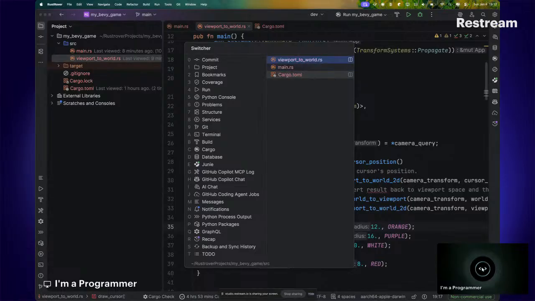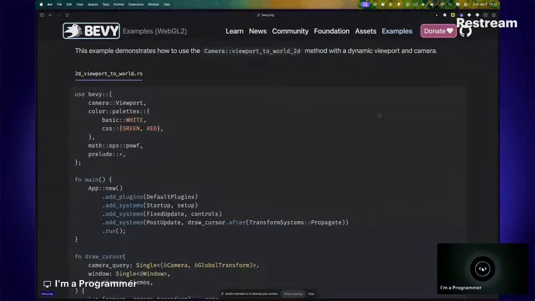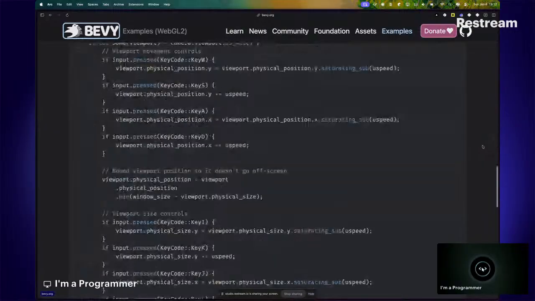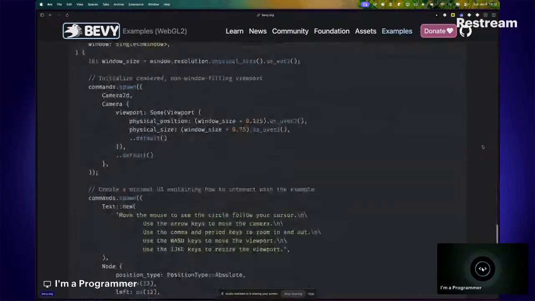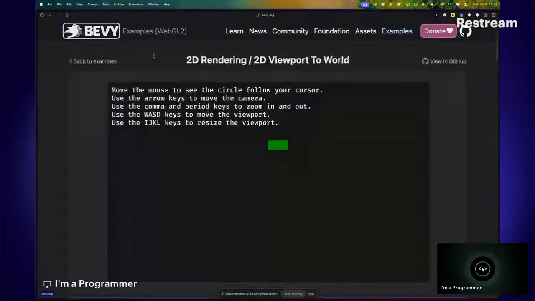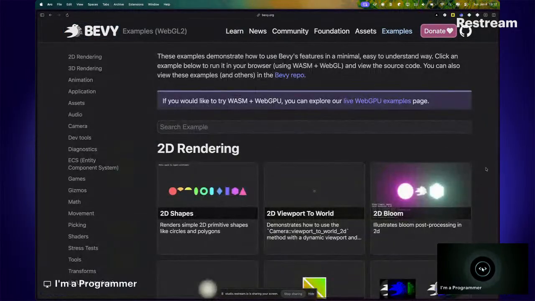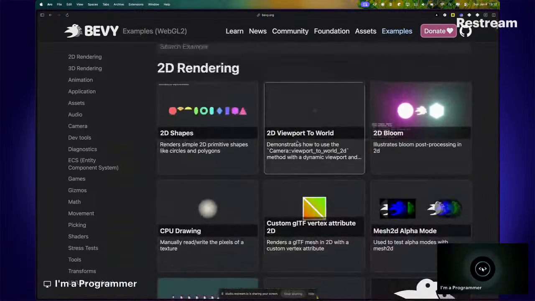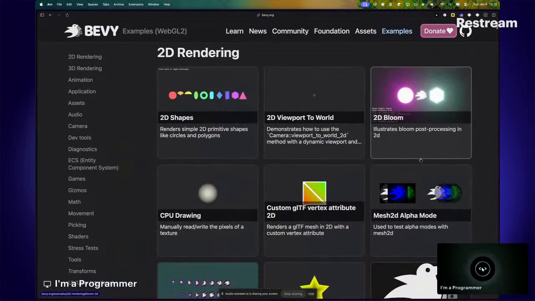You can also try it out on your own to feel much more confident about handling it. You can read through the code, right? Because most of what we're going to be doing is checking through the code, modifying it, tweaking it to become what we want. Like you can see, what we did was just the viewport to world. We still have all that complex stuff like the 3D,